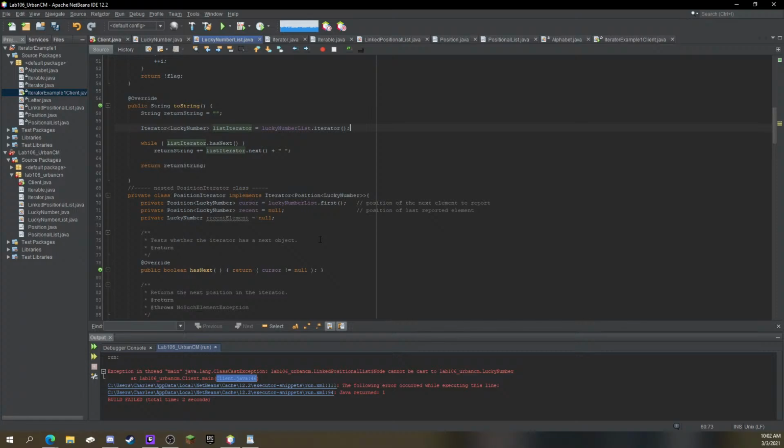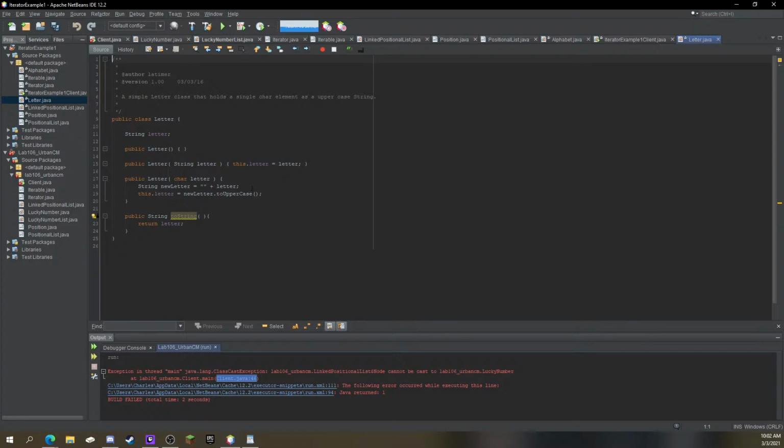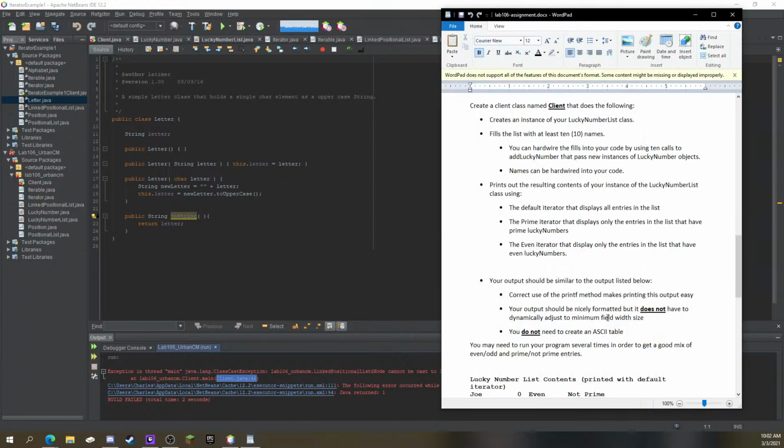So have that. List iterator dot has next is equal to. Okay. So let me look at his letters then. What's his toString look like? Okay, in his toString he doesn't have